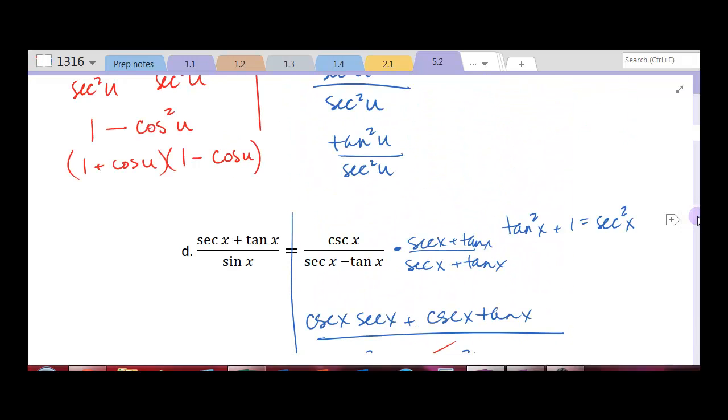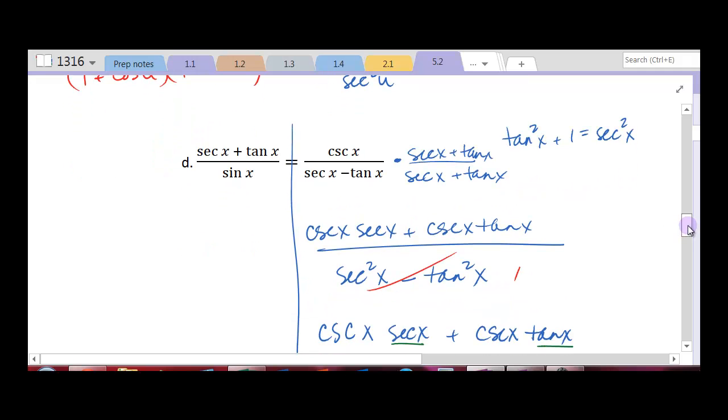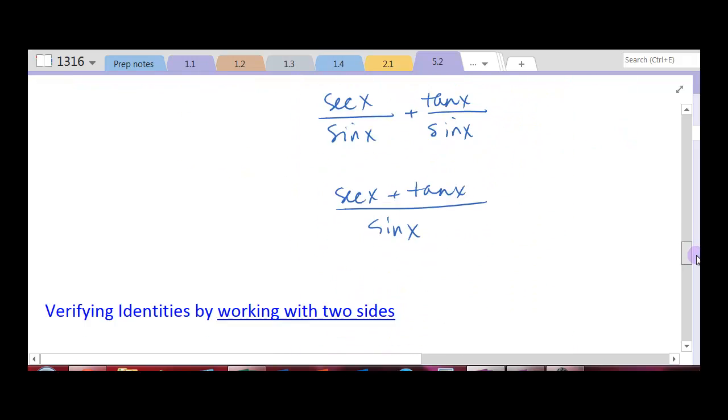So here is a strategy where we actually multiplied by the conjugate to start us off. The same process would have worked if I moved from the left to the right. I could have multiplied this fraction over here by its conjugate and worked in a similar manner, and maybe you want to try that just to prove to yourself that it does work. So let's kind of review some of these